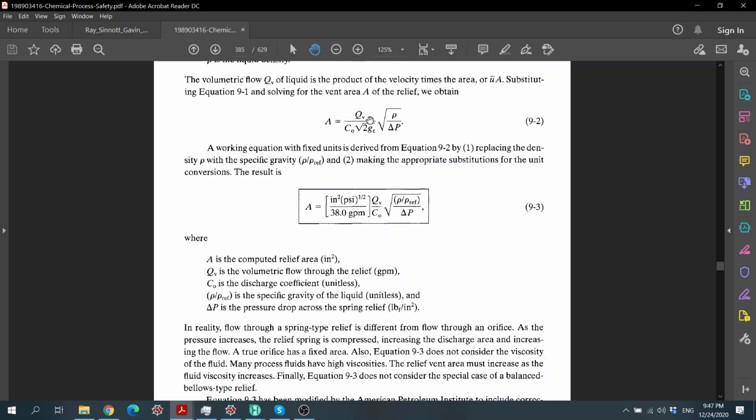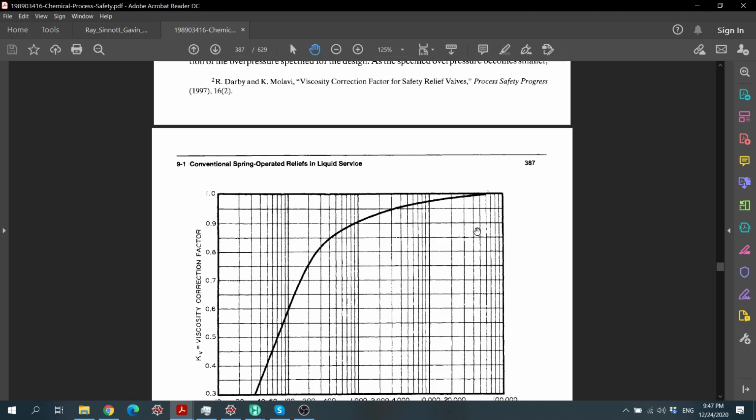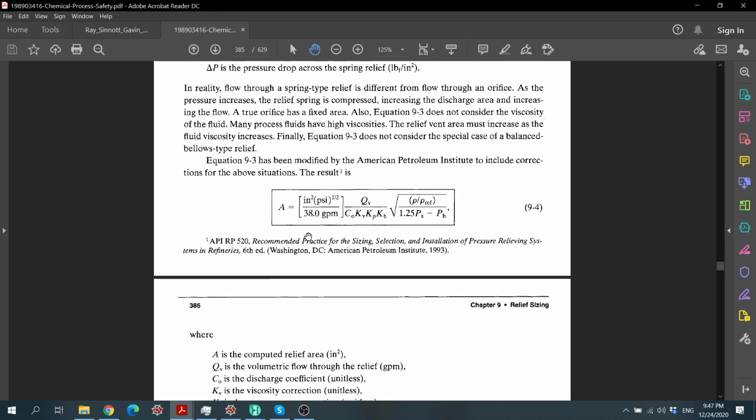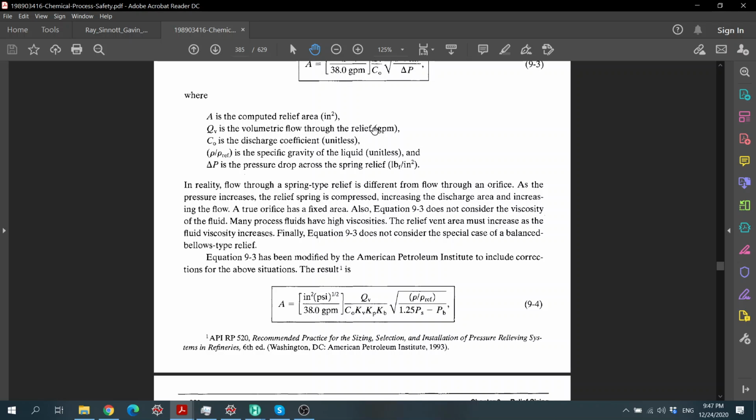So to go quickly, basically these are the equations for the liquid release. It has the area and all of the units, and QV is the volumetric flow rate through the relief in gallons per minute, and CO is the discharge coefficient. Typically we could take 0.6 or 0.7. If we have the vendor data, then we could use the actual vendor data. If not, 0.6 or 0.7 is good enough. KV is the